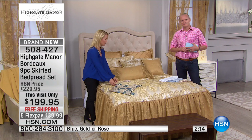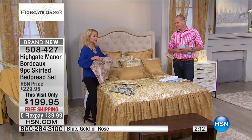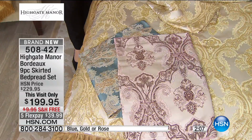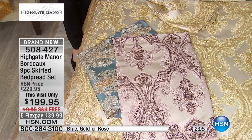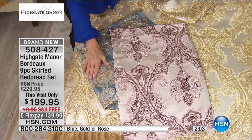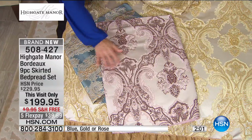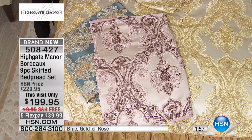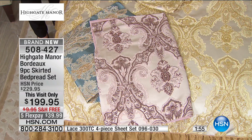And those beautiful blues and that wonderful rose, that beautiful pink color, or the gold, and they all go great with all of the colors in home decor right now. This one would go great with the gray, the gray walls, the white walls, or even the golds, because the way you can mix and match your metals now, they would really flow right into what you